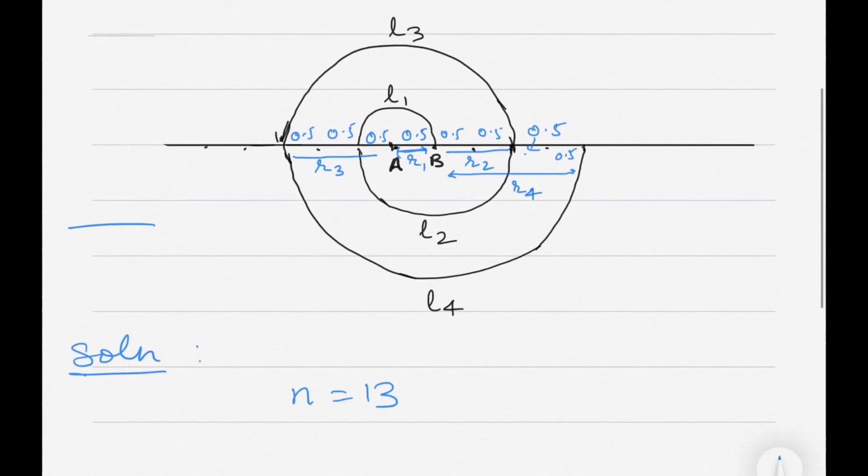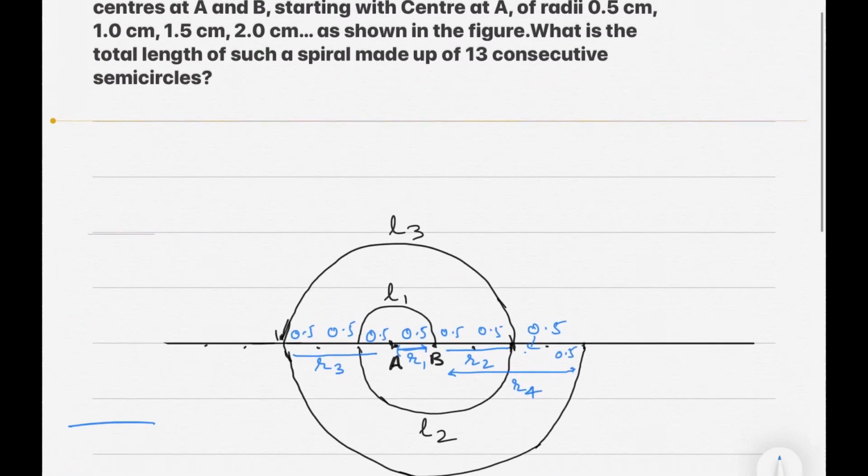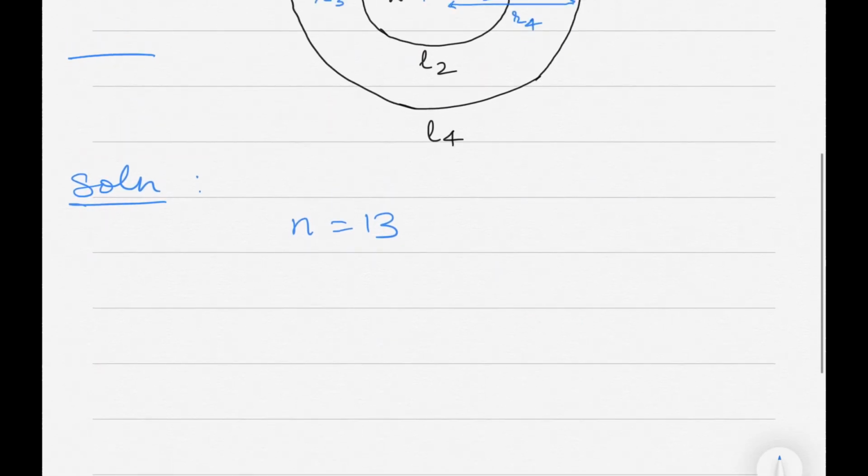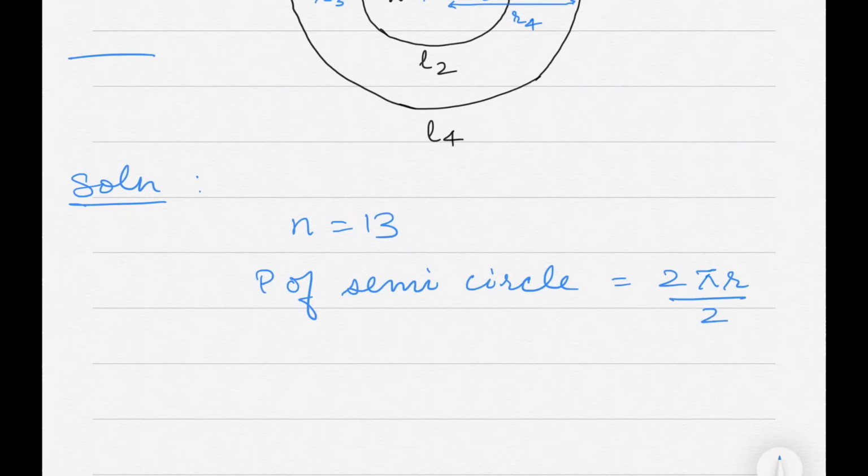Now what else we have to do? We have that these are semicircles, right? So now the perimeter of a semicircle would be what? Perimeter of a semicircle is pi r, right? For a circle it is 2 pi r, so I'll just cancel and I get pi r. So if you remember it, just to make sure that you are using that, right? Now my radius 1 and radius 2, so I have to calculate the difference.